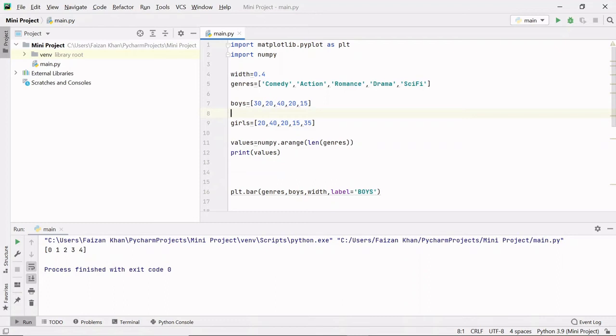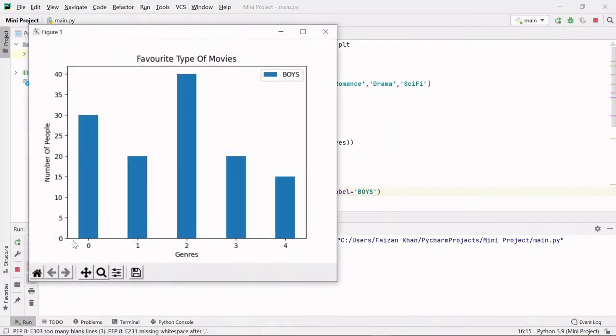Now instead of adding genres on the x-axis label, I will be adding these values like this. So why have I added these values instead of those labels? These values will help us in the calculation. This bar is at the 0th position and this 0th position is at the center of this bar, and I want to plot a new bar just next to this bar here. So its center position will be here, right? So what is this distance? If you calculate it, this is nothing but 0.2 plus 0.2, which means 0.4, right?